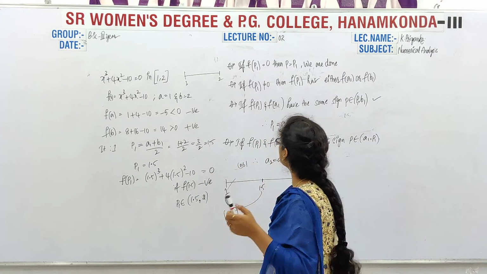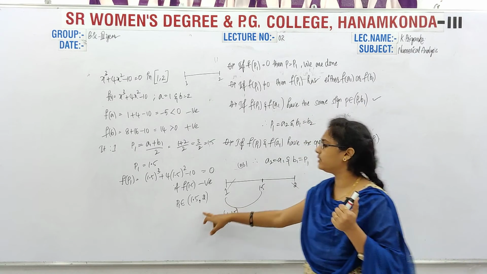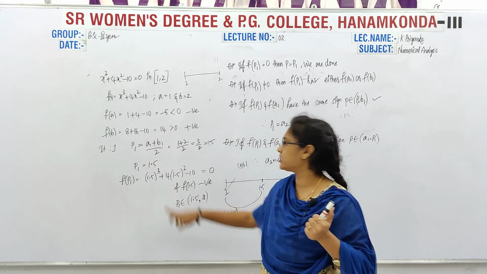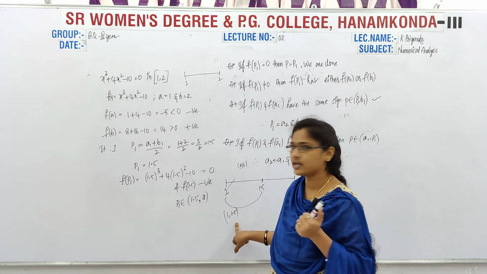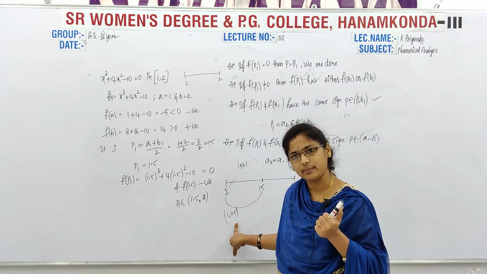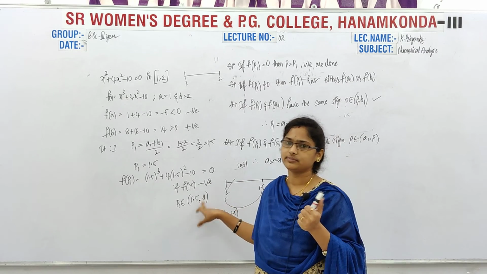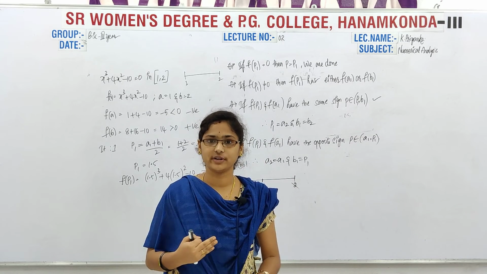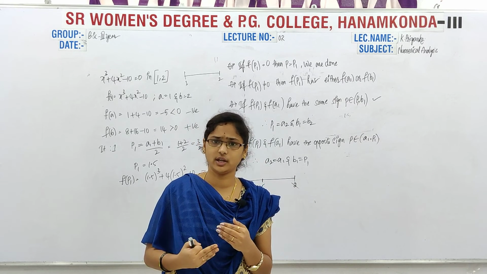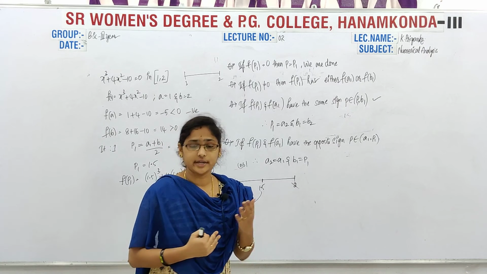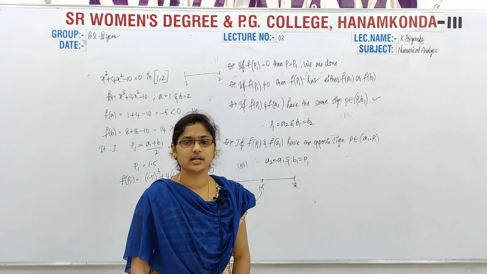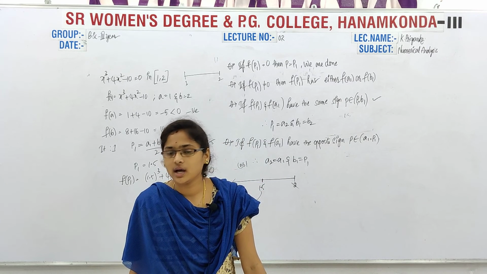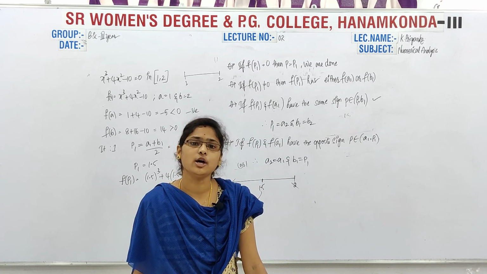Next, we have to consider the interval, and here we will get the values of p1 and so on. Next we again have to repeat the process. Next, p2 is nothing but, by taking this new interval, we have to calculate p2. The procedure is the same again, but we have to take the number of iterations like 10 or 15, sometimes 20 iterations also. That's why I said the calci is very important, and that this is a very lengthy procedure to calculate the roots.